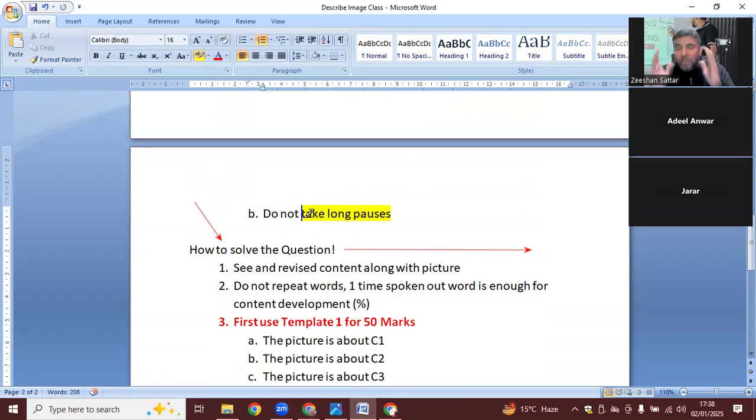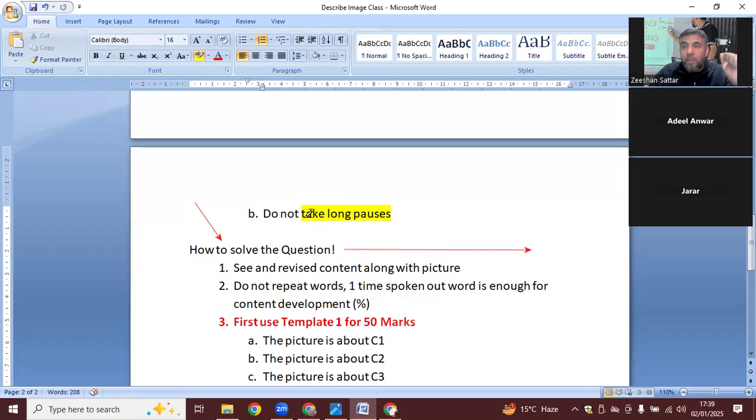We can take a pause on the commas. We can take a pause on the punctuation. But big pause means that when we start speaking and we get stuck in a place and we keep being stuck for a second, that is known as a long pause. So long pause नहीं लेनी, लगातार बोलते रहना है. से मुराद ये है कि आपको ओवर स्पीड नहीं करना, 150 to 160 की स्पीड से हमें चलते रहना है, एंड हमें एक जगह पे स्ट्रक करके सोचना नहीं है. इट इज व्हाट नोन एज द कंसिस्टेंट फ्लुएंसी.